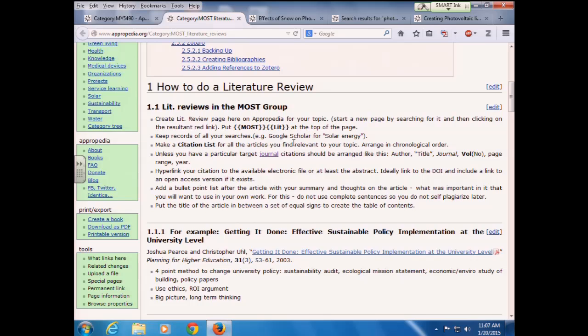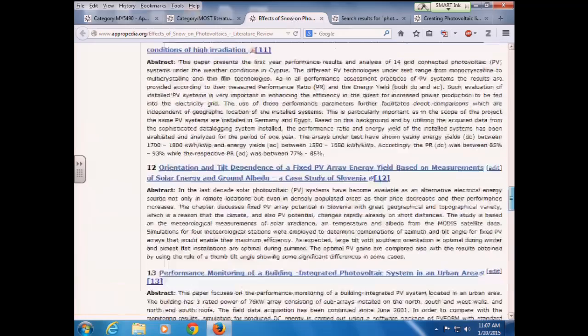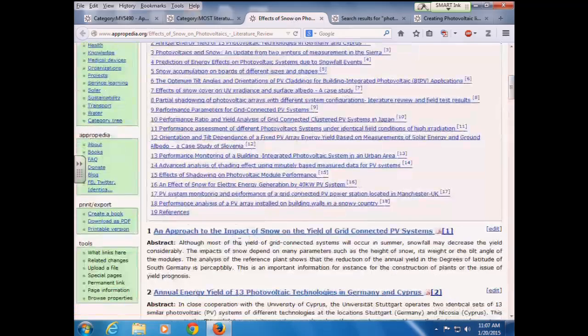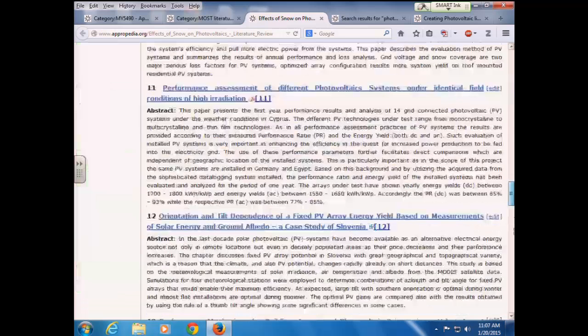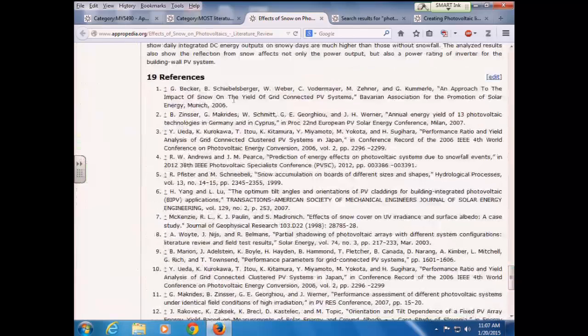The next thing you want to do is make a citation list. And that is a list like this one, where you have put every single article, linked to it so that other people can download it, and then walk through at least the abstract or a list of your comments from that article. In the references, you want to make sure that you have the complete citation for the article so that you can cut and paste it later into your own